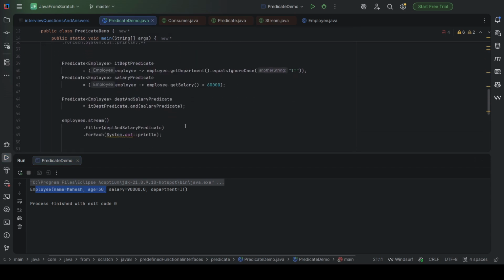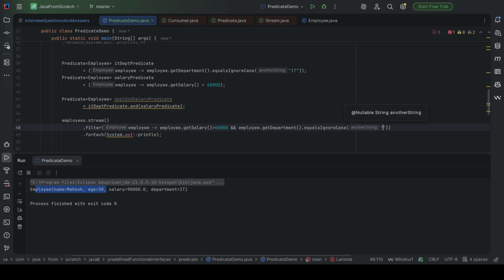So, here, employee such that he.getSalary() greater than 60,000 and employee.getDepartment().equalsIgnoreCase, whose department is IT.